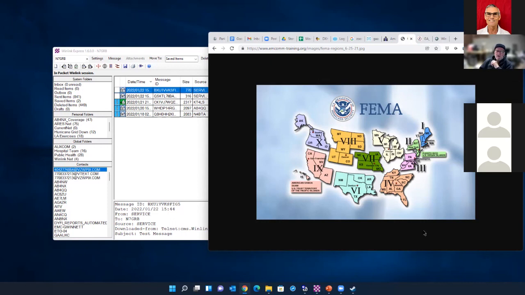In the case of the MCOM training organization, they have regions that mimic the FEMA regions. Here in Georgia, we're in FEMA Region 4, which is the MCOM training organization's tactical address, ETO-04. It's ETO in all cap letters, though it's going to capitalize them anyway when you enter the tactical address. So if you're participating in the Winlink Thursday exercises here in Georgia, you address the message to ETO-04,